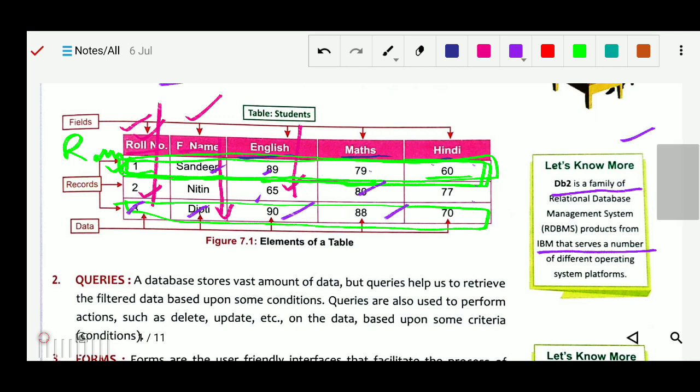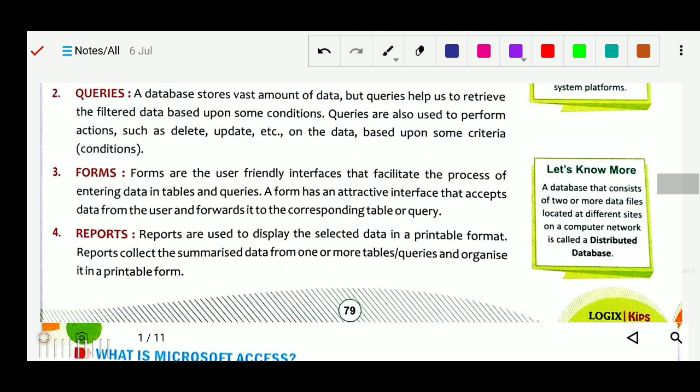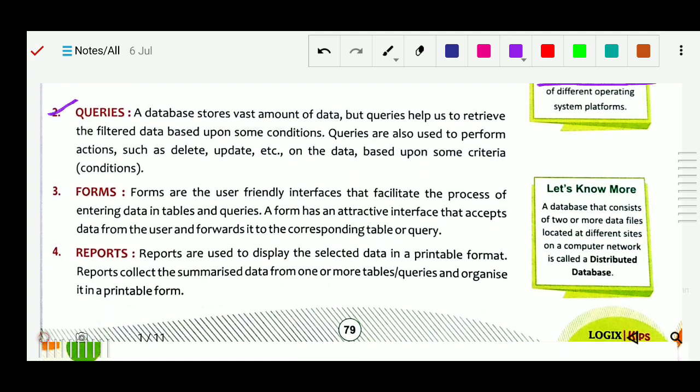Now next after table, that is queries. A database stores a vast amount of data, but queries help to retrieve filtered data based upon some condition.